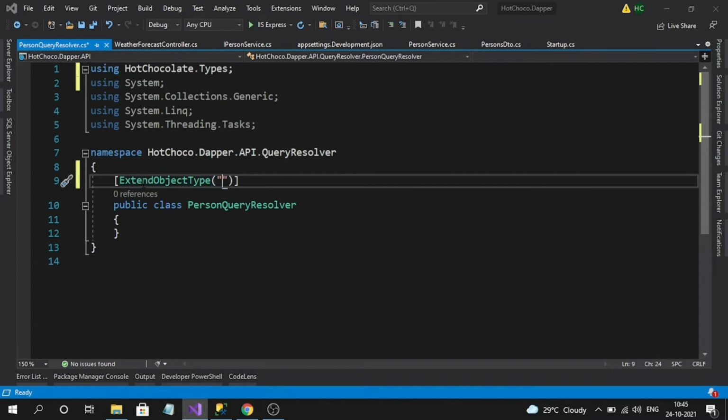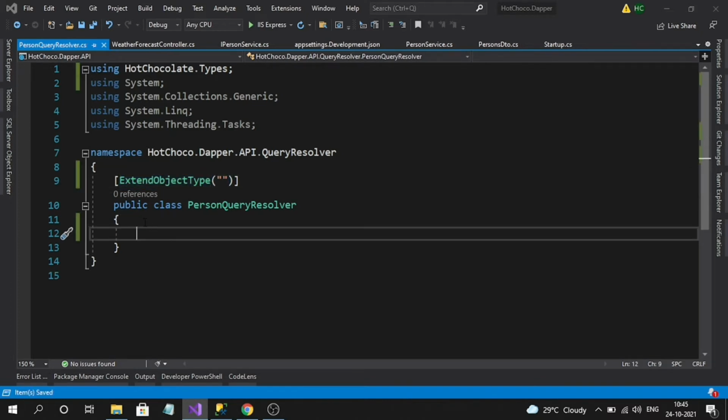This name is the root name of our query in our application. That name should be registered in the startup. We haven't integrated that root name yet. Once we specify that name, the same name will be copied over here. So this is one thing you have to remember.